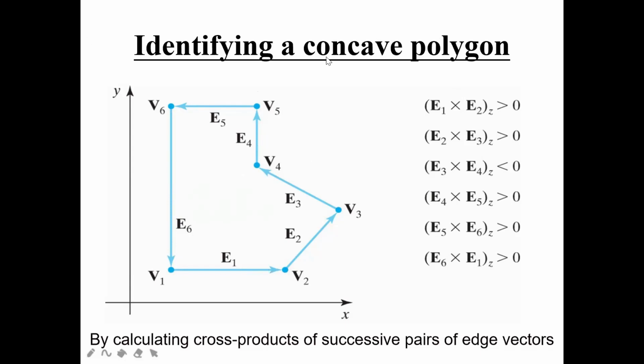This kind of question you can also get, where you write in a paragraph that we have the x and y planes and we don't have the z plane. So the z axis is 0 and this object is present in my xy plane. I have here 6 vertex points and 6 edge vectors. While calculating the cross products, you write down all the results you get, which show that we can identify a concave polygon. Okay. So in this way, if you write, you can get 4 or 5 marks.